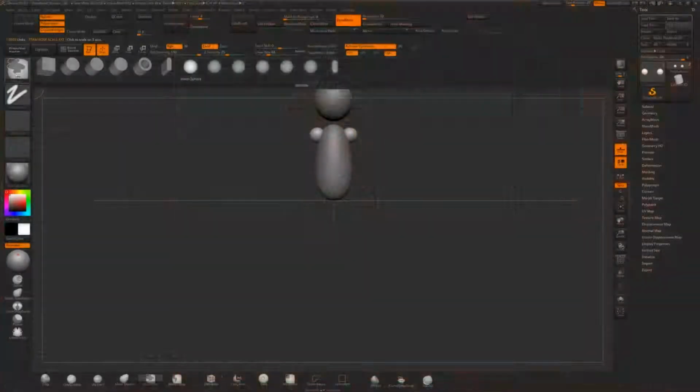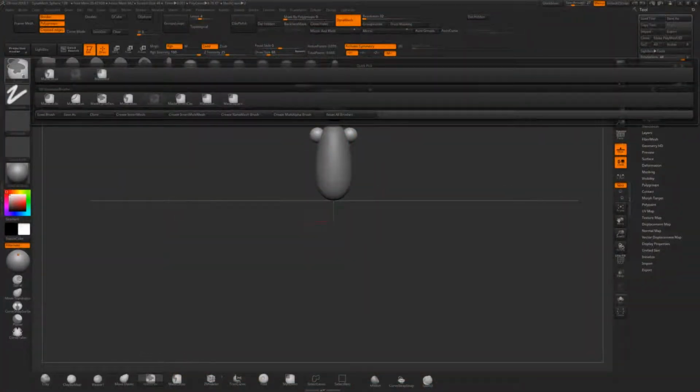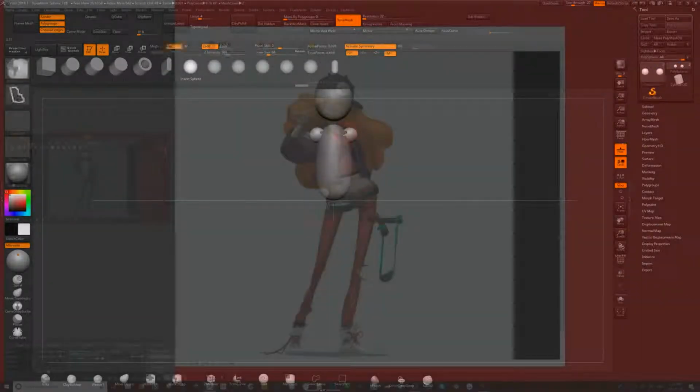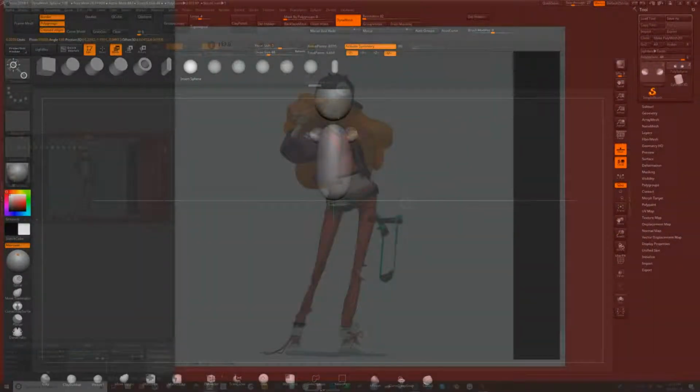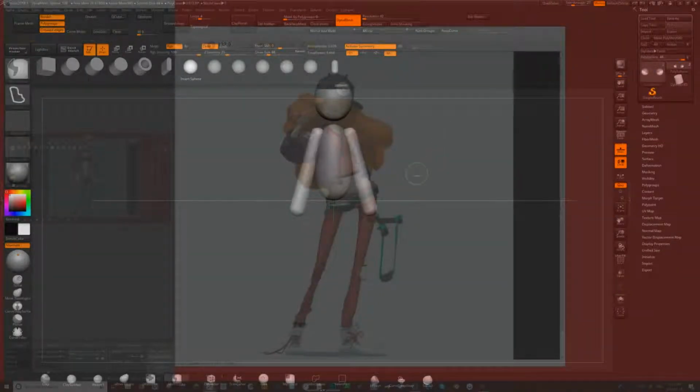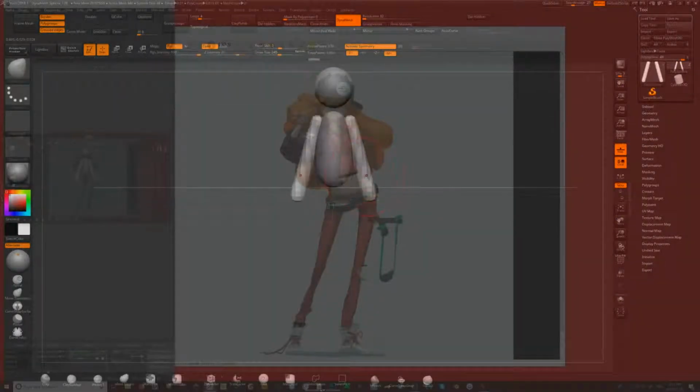So now I want to mask, so I'm gonna hold Control and click on the brush, and I want the mask lasso. I'm gonna mask the top of the shoulders, and I'm gonna take the move. I'm gonna drag like this, and I'm gonna stretch the arms just like that. I'm gonna hold Control and drag once and then twice to make it re-Dynamesh. Okay,